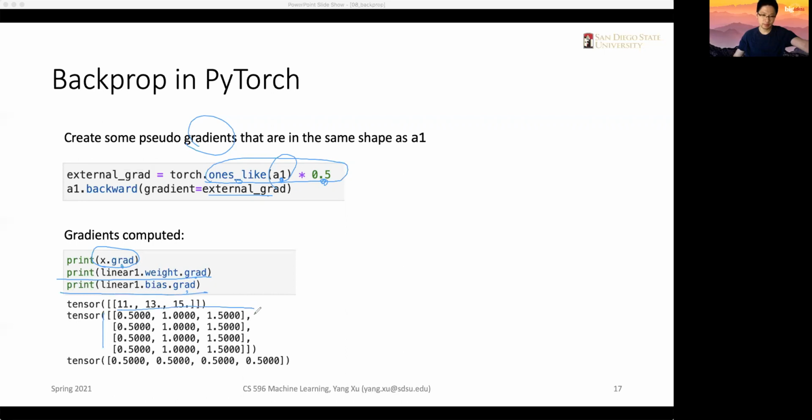The shape remains for the weight, particularly, it's still 4 by 3, just the correct shape. And for the B, it will be all 0.5s. So it's basically copying the gradients here to here. And in this case,